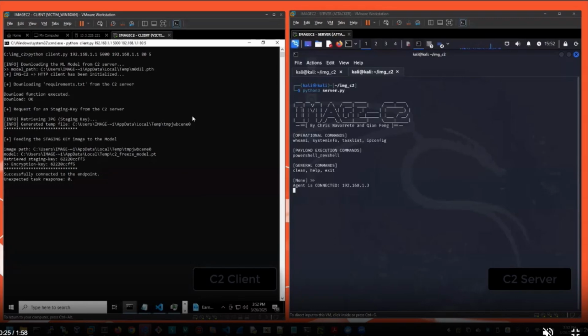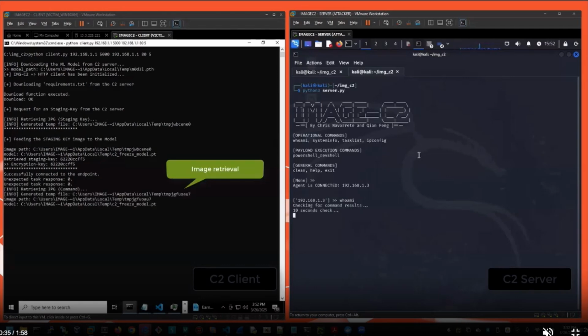We see the beaconing happening on the C2 client part. Then after that, we are going to introduce a new command, whoami. So the image retrieval is happening. Since we already downloaded the artifacts before, there's no need to do anything. We are just focusing on the retrieval of the images and processing after that.